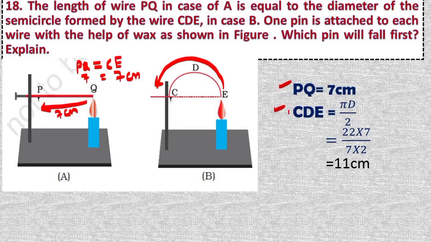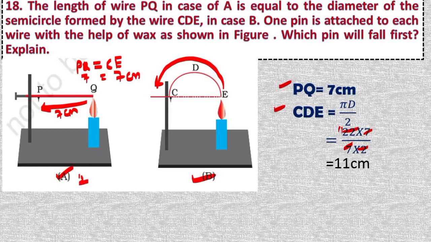PQ is equal to 7 centimeter. We know the formula for the semicircumference is pi d by 2. We know that pi is 22 by 7 and d is 7 centimeter. Half of this circumference: 2 ones are 2, 11, the 7 gets cancelled. It is 11 centimeter. To reach the heat from E to C, it needs 11 centimeter, and from Q to